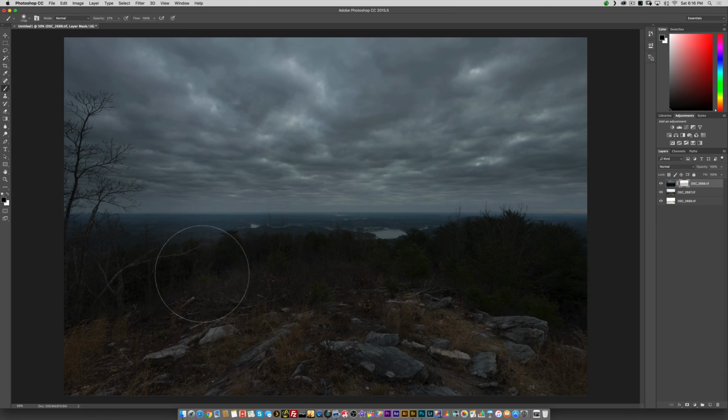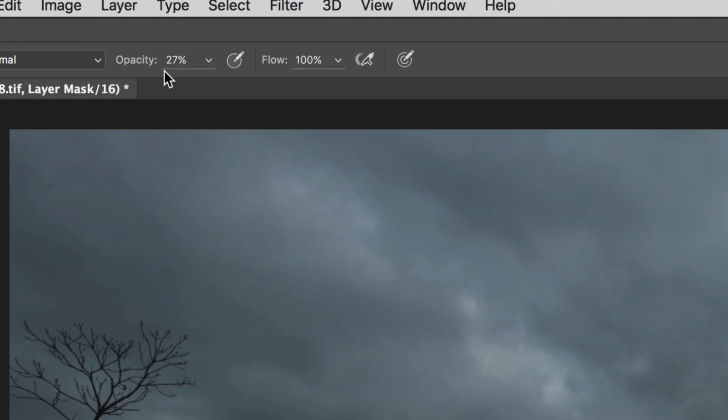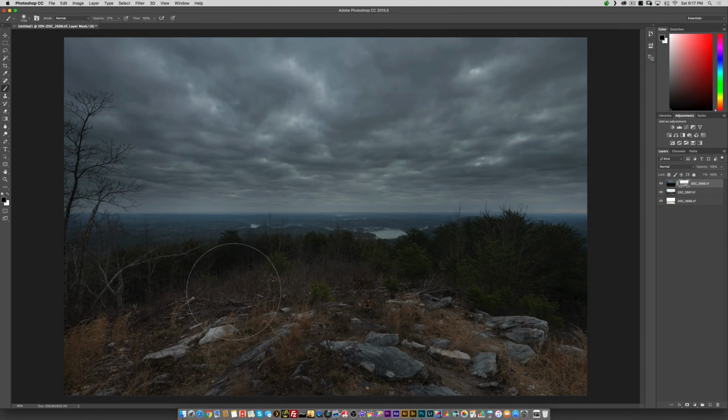I'm just going to keep circling around and creating some light in the middle ground, more in the foreground. Maybe I'll just dapple some lighting too. I'll just pick up my brush here on the Wacom tablet and tap down here and tap some light into places. And by the way, every time you pick up the Wacom brush and you brush through it again, it creates another 27% opacity. So as a good example, I'll undo this,